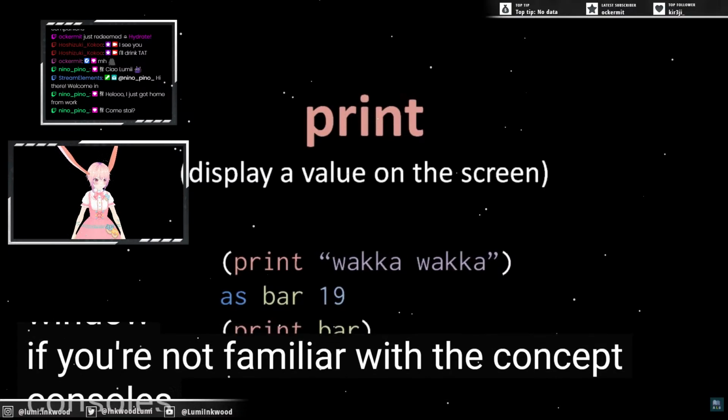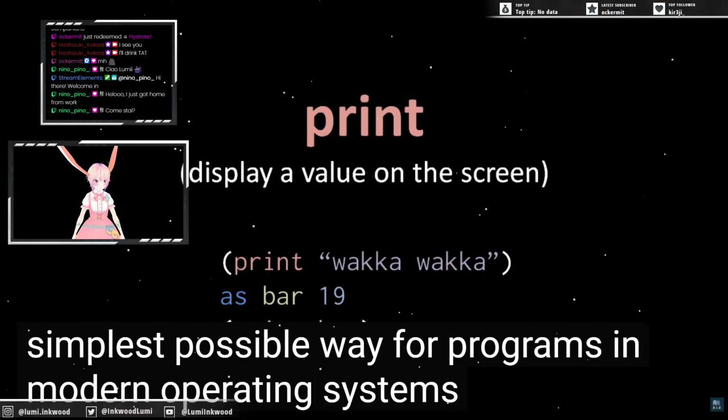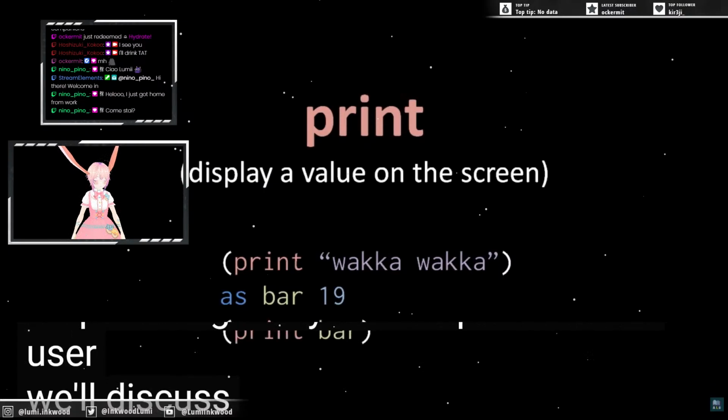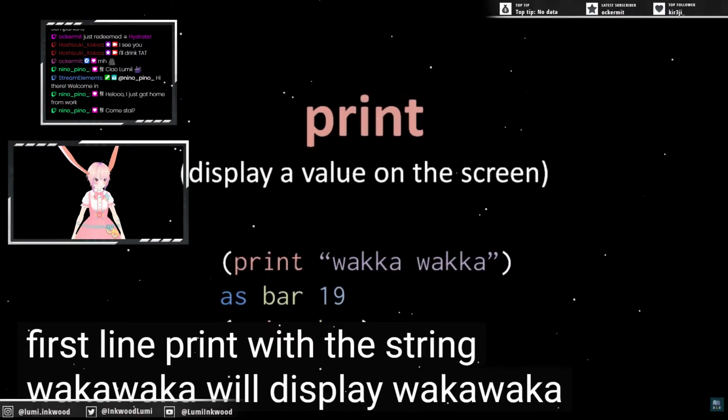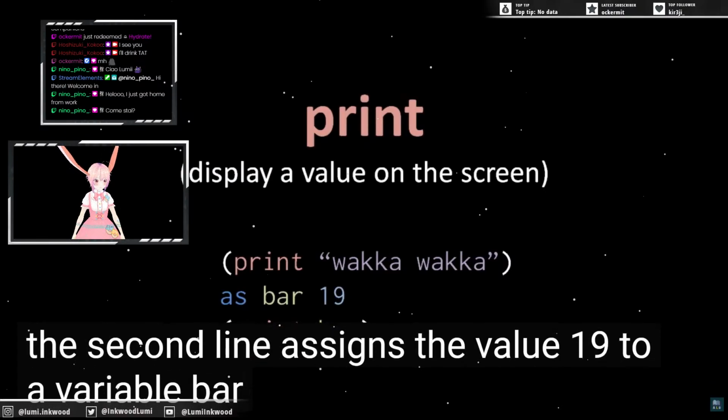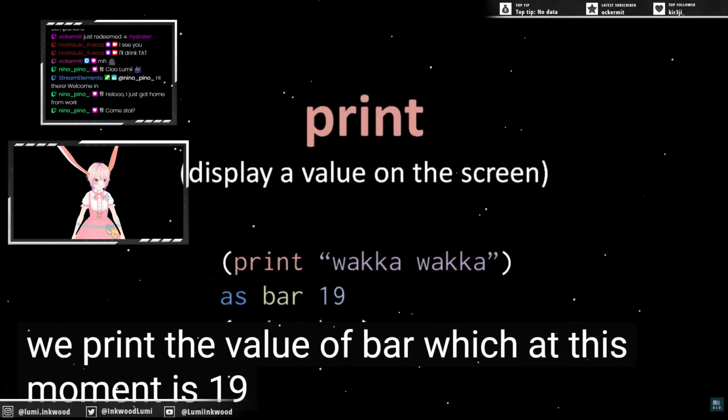If you're not familiar with the concept, consoles, also called terminals, are the simplest possible way for programs in modern operating systems to display text output and get keyboard input from the user. We'll discuss consoles in detail in a later unit. In any case, here in this code, the first line print with the string waka waka will display waka waka on the console. The second line assigns the value 19 to a variable bar, and then in the last line, we print the value of bar, which at this moment is 19, so the value 19 is displayed on the